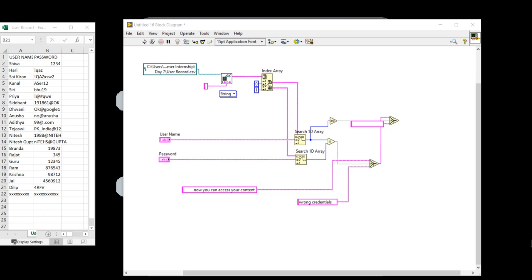Account does not exist. I want to write here account does not exist.